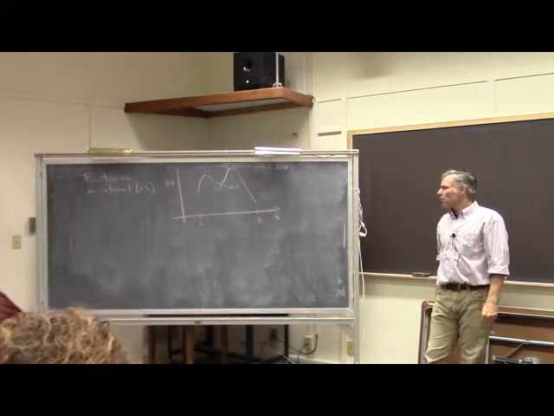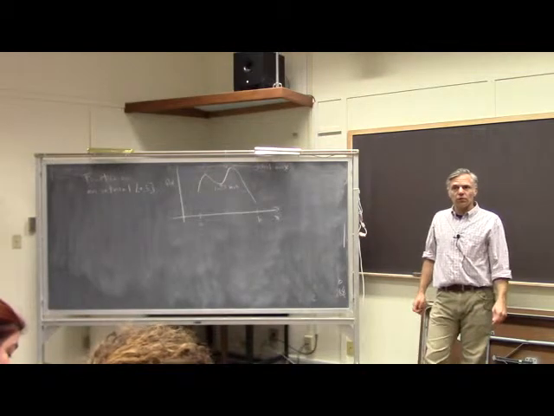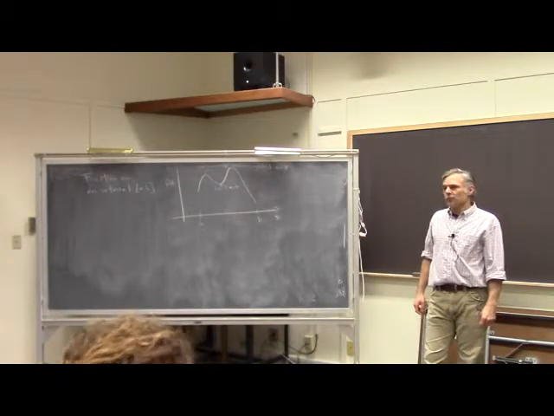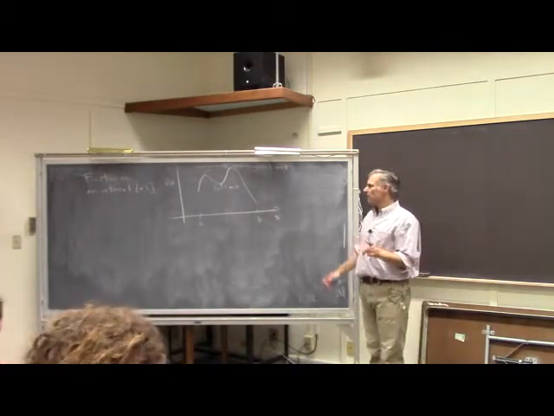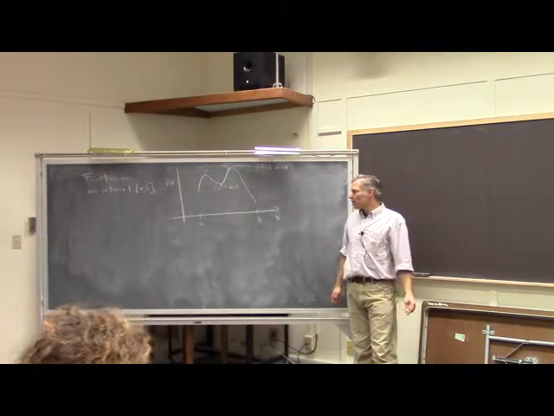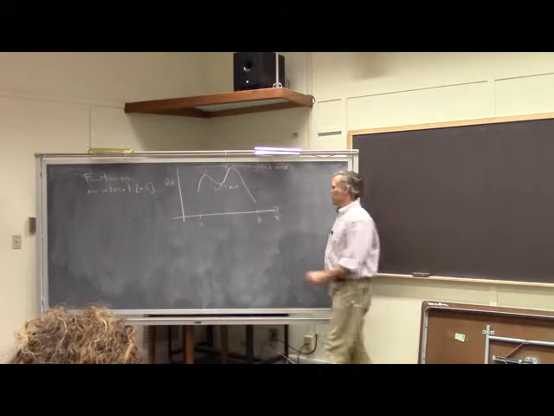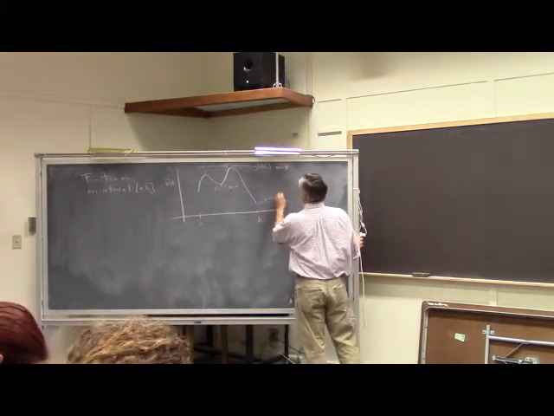So what if you wanted to minimize the function on the interval? What would you do? If you wanted f of x to be as small as possible, and you're only allowed to go from a to b, what x value should you choose? B, yep. So we'll call this